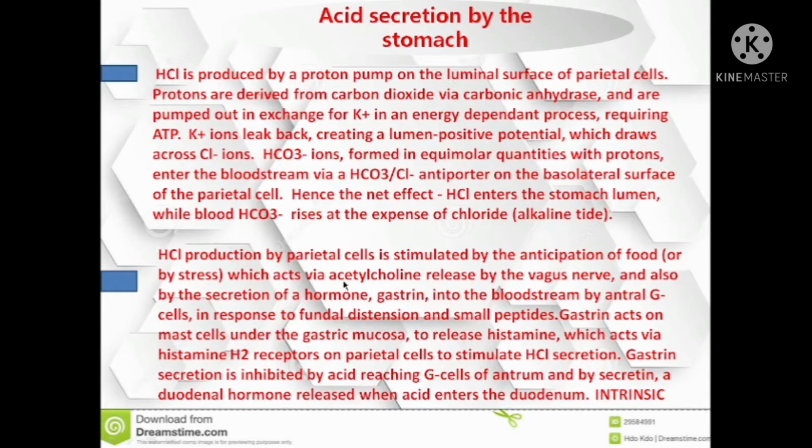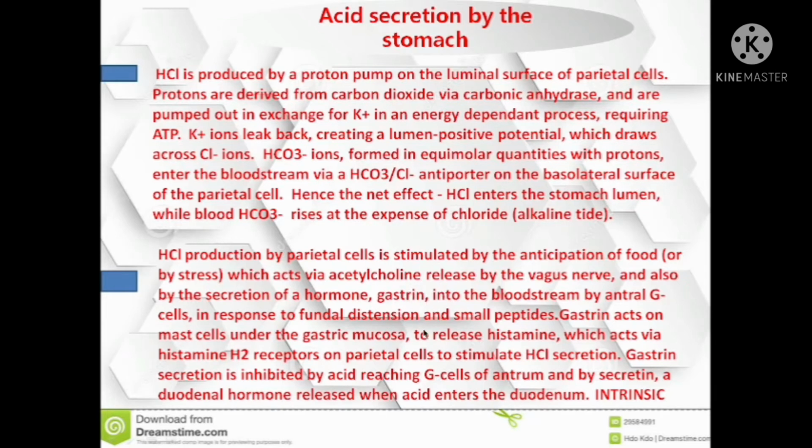Gastrin also helps in the production of HCl. So always remember that there's a hormone we call gastrin, which also facilitates the production of HCl. Very, very important there. So these two things: HCl is produced in the stomach by the parietal cells, and the hormone we call gastrin,